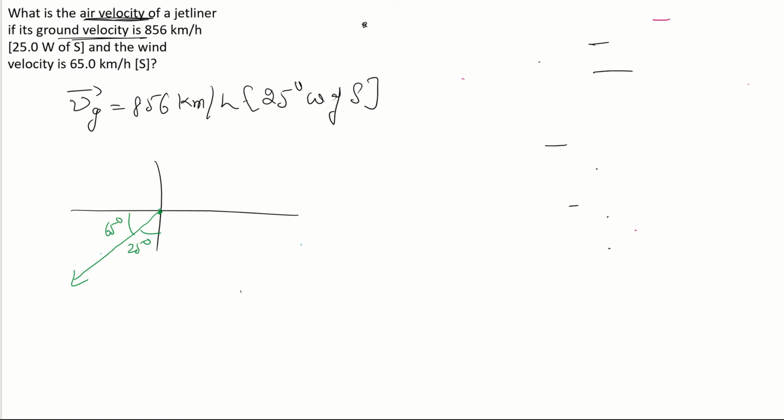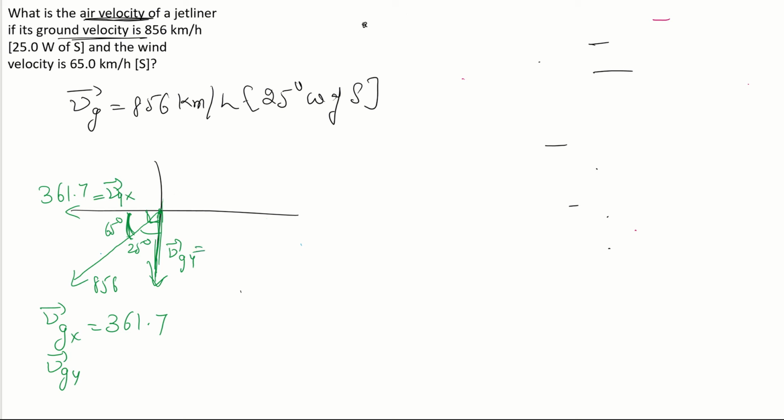I usually like to convert all the angles given to me with respect to the horizontal, because the total is 90. So I can call this angle 65 degrees. So I figured out the angle. This is 856, and so the value will be 856 cos of 65. This value comes out to be 361.7. So I'm going to call VGX 361.7, and then VGY, this component, comes out to be